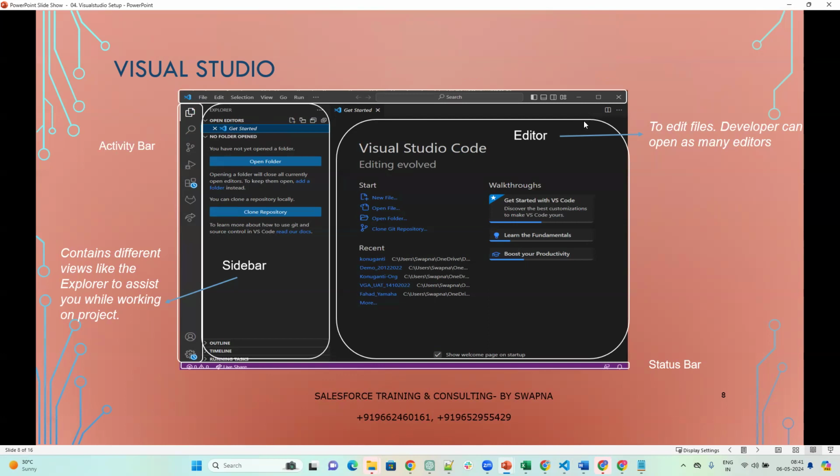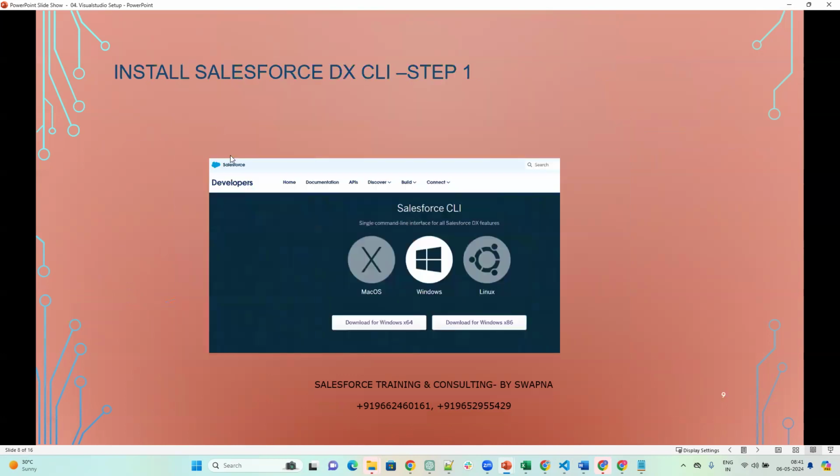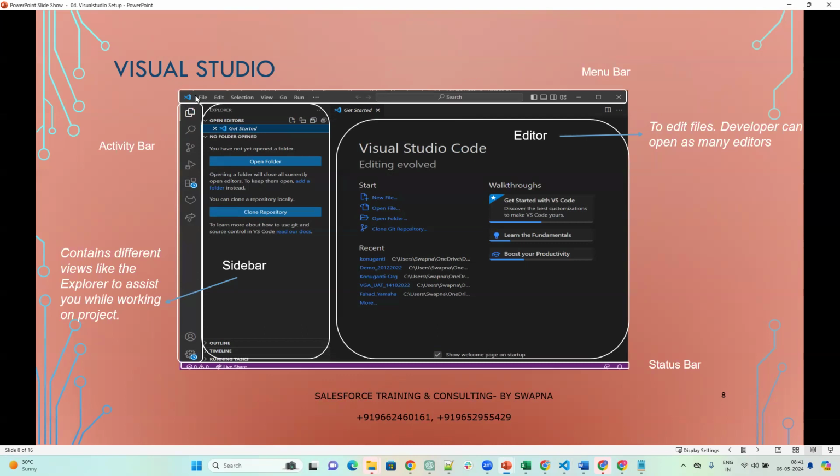And on the top, we have a menu bar. In the menu bar, you can perform different actions. Now, if I go to Visual Studio,